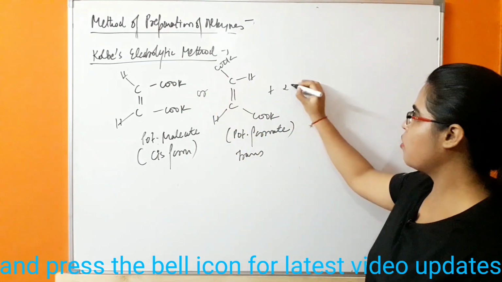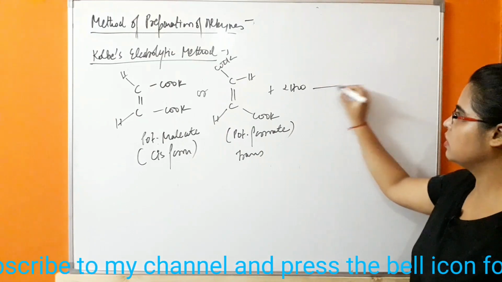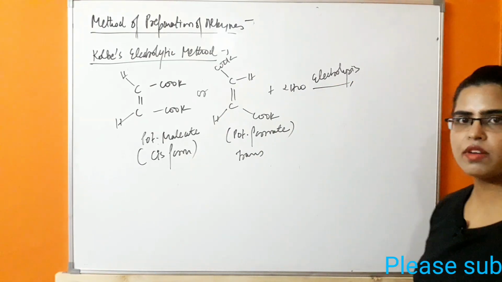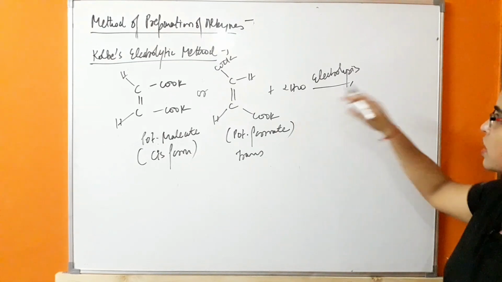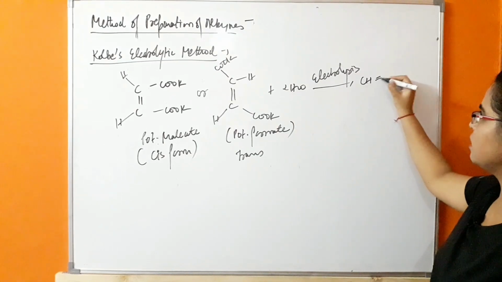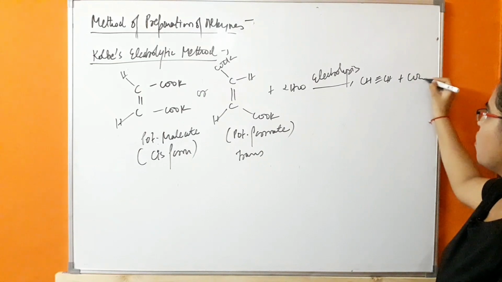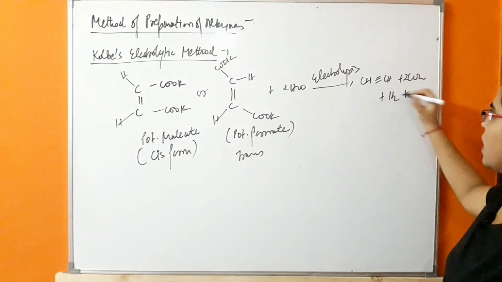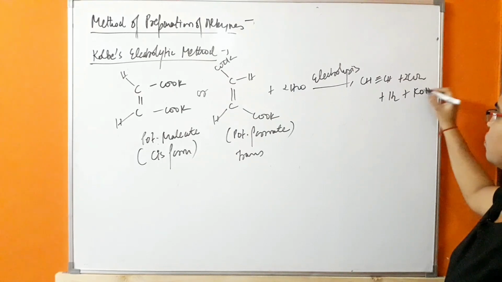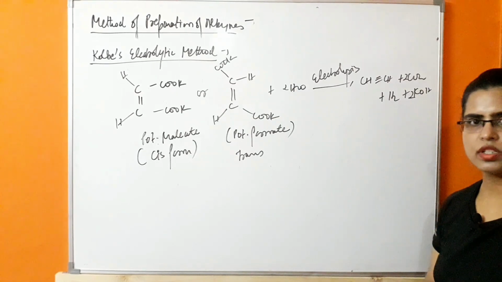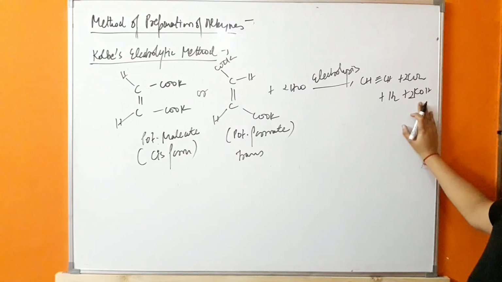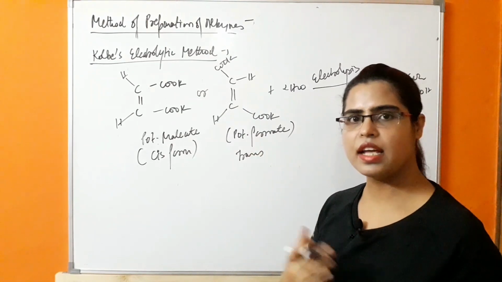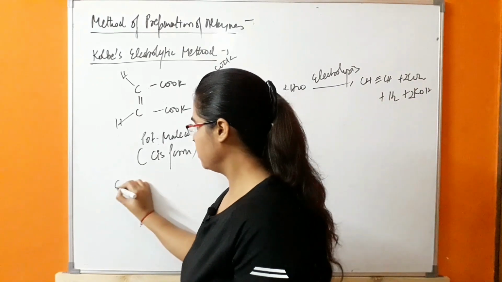So in the presence of two molecules of water, this is electrolysis, that is, electricity will be passed through the solution. So there will be formation of ethyne and removal of two molecules of CO2, a hydrogen molecule, and formation of two molecules of KOH. Okay? So the solution will be alkaline due to KOH. So what will be the reaction? That is, the reaction will occur at the anode and cathode.